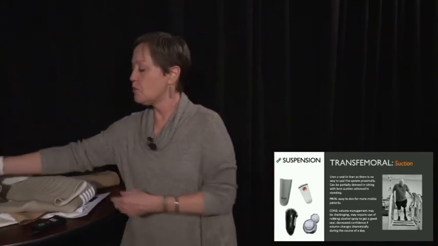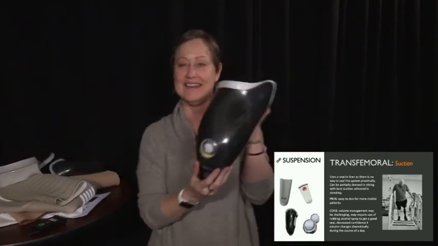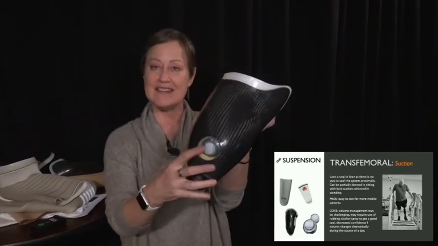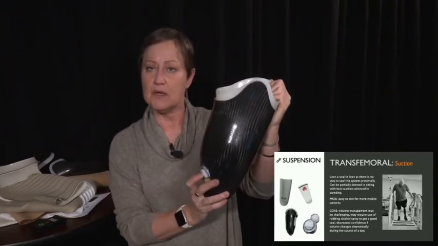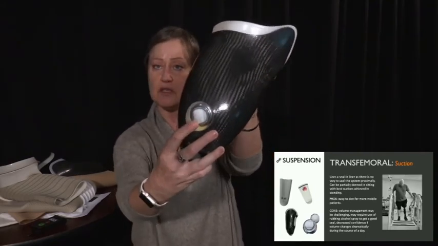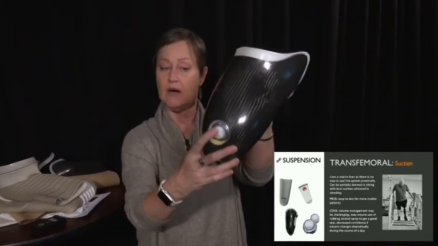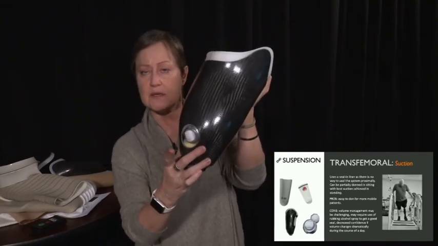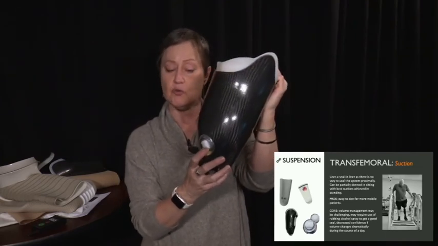So here's what's interesting about the transfem patient for the suction. They also have a valve. And this valve, they'll don the socket, they'll stand up and push, and every time they put some body weight on that leg, they mash. There's a little button right in the middle. They mash the button, it lets air out. It's still a one-way valve. They release. They put body weight on it, they mash the button, release some air, and they do that a couple of times until they really feel the suction is great.